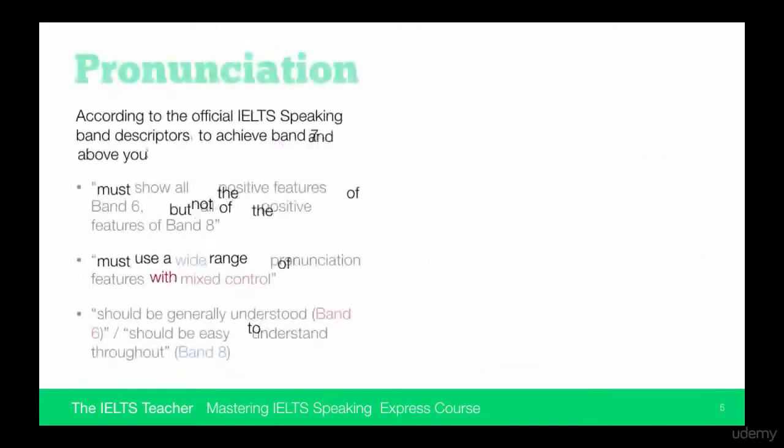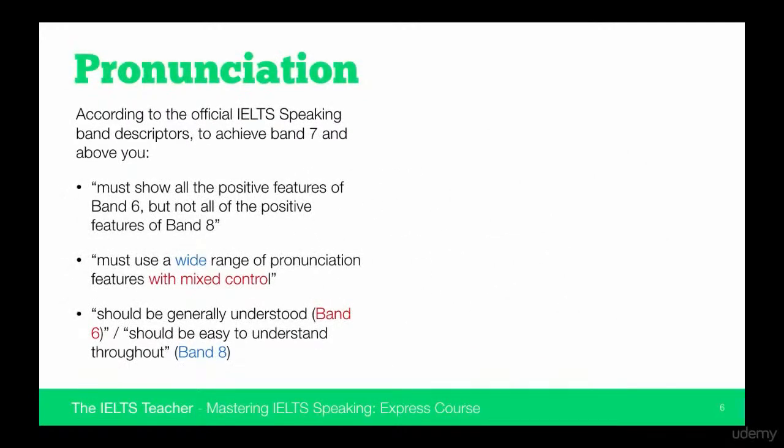And finally, if we think about pronunciation, in order to achieve band 7 and above, you need to show all the positive features of band 6, but not all the positive features of band 8 necessarily. So we can't really rely on band 7 band descriptors here to highlight what we need to do. We need to think about what's involved in a 6 and an 8. One thing that is mentioned though for band 7 is that you need to use a wide range of pronunciation